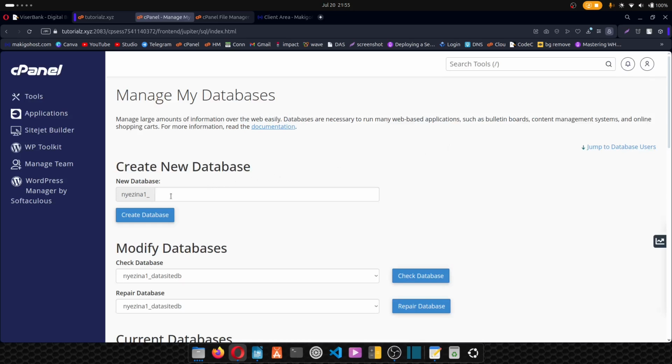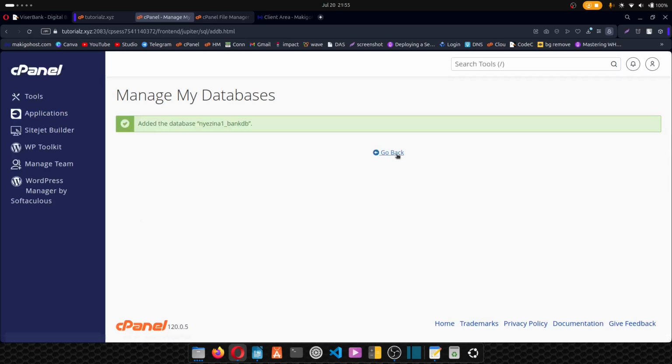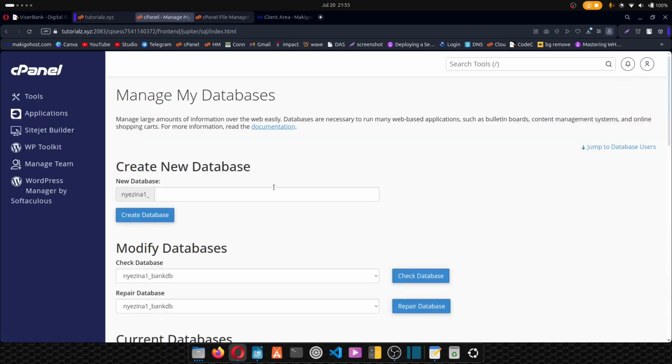Create a new database. So I'll click here, bank DB. You can give it whatever name you want. All right, click on create database, go back, scroll,